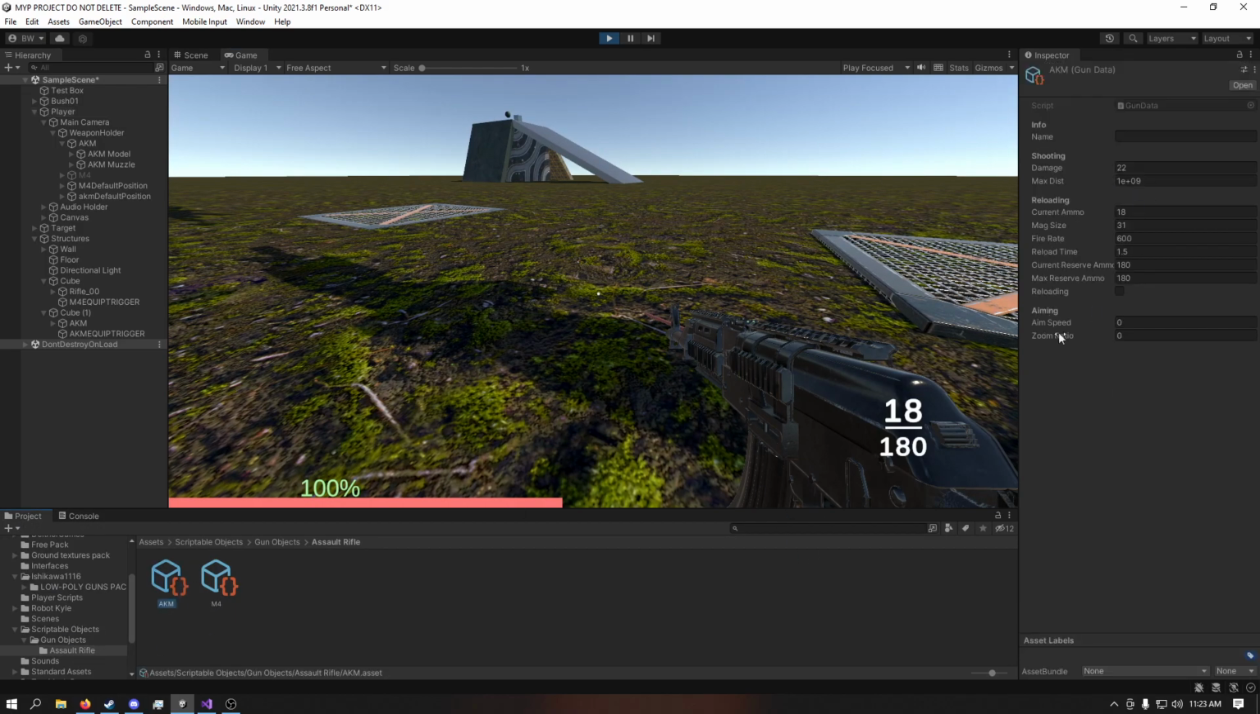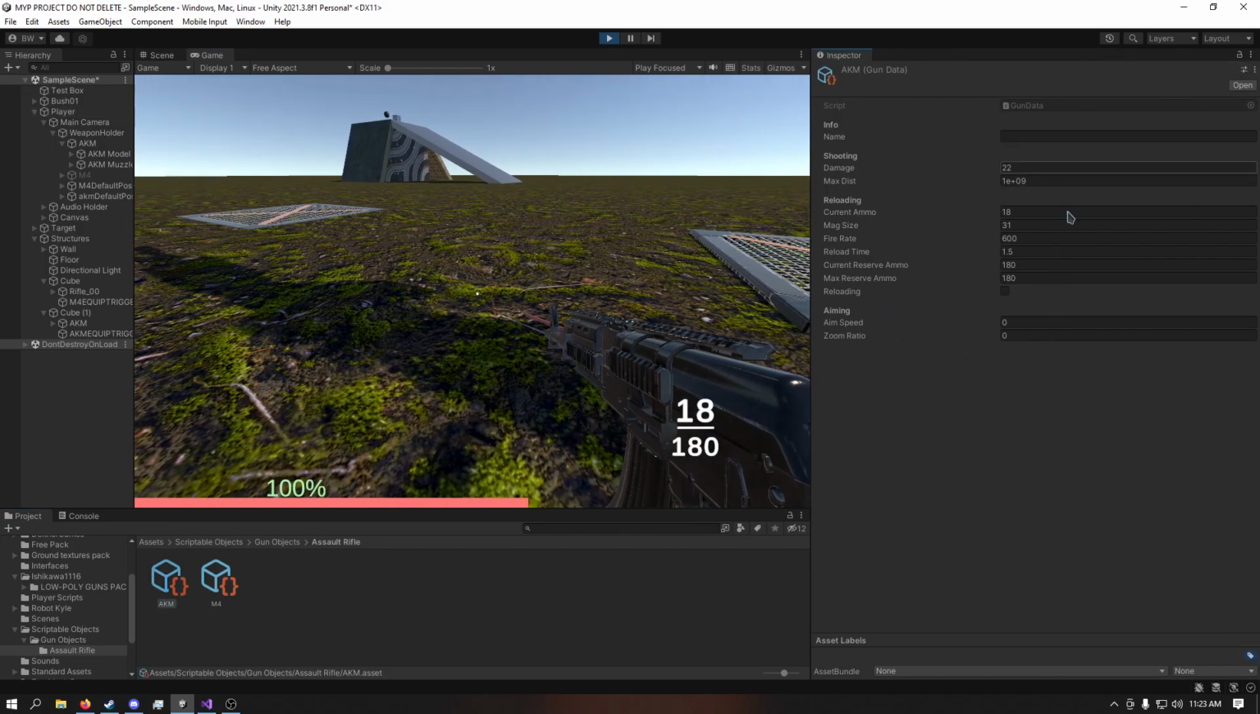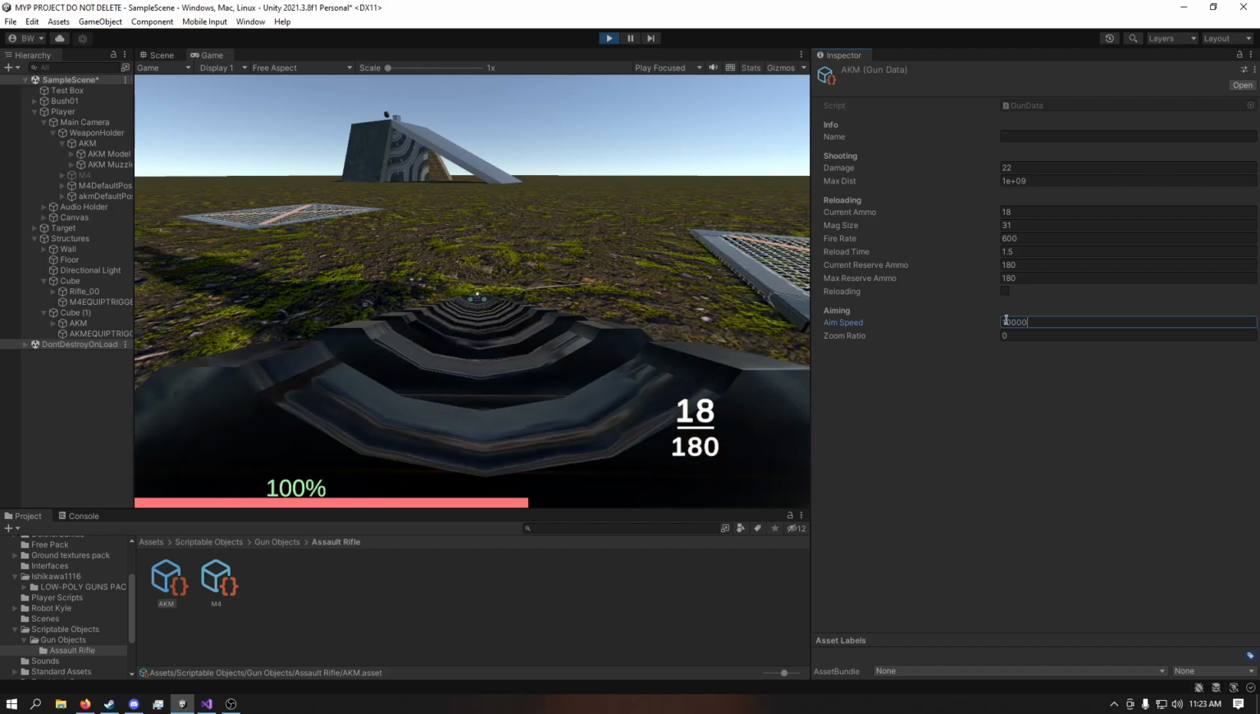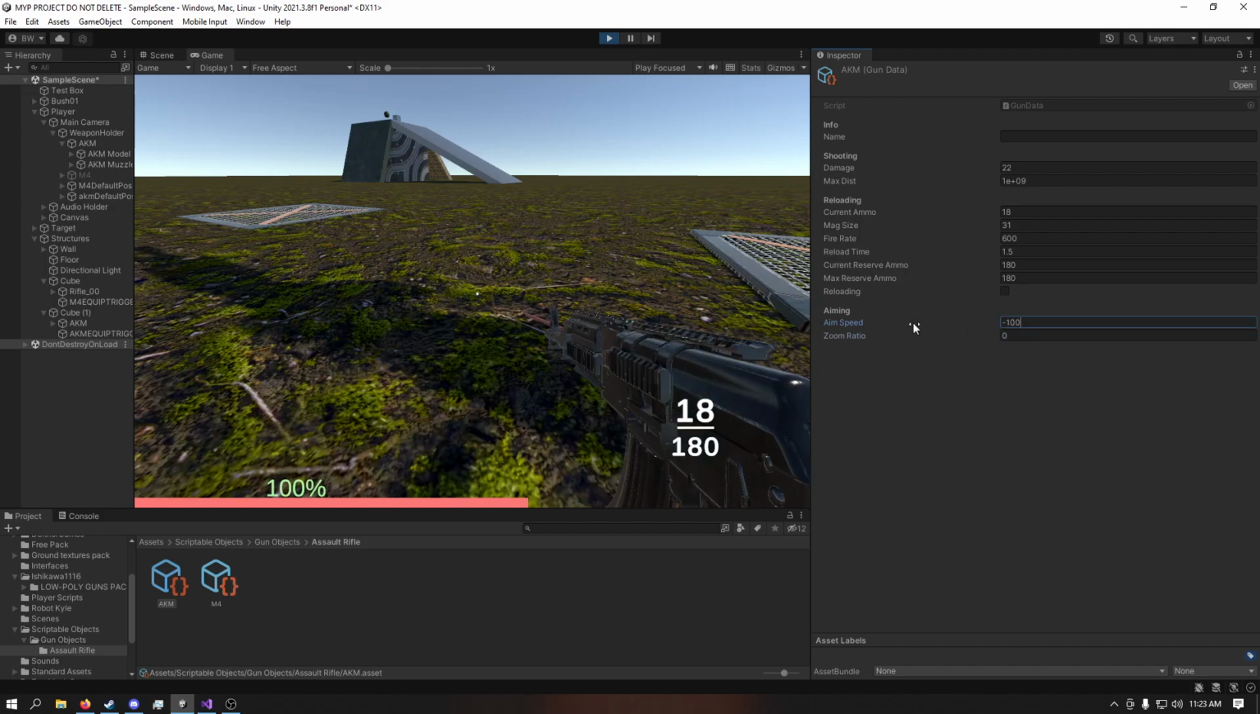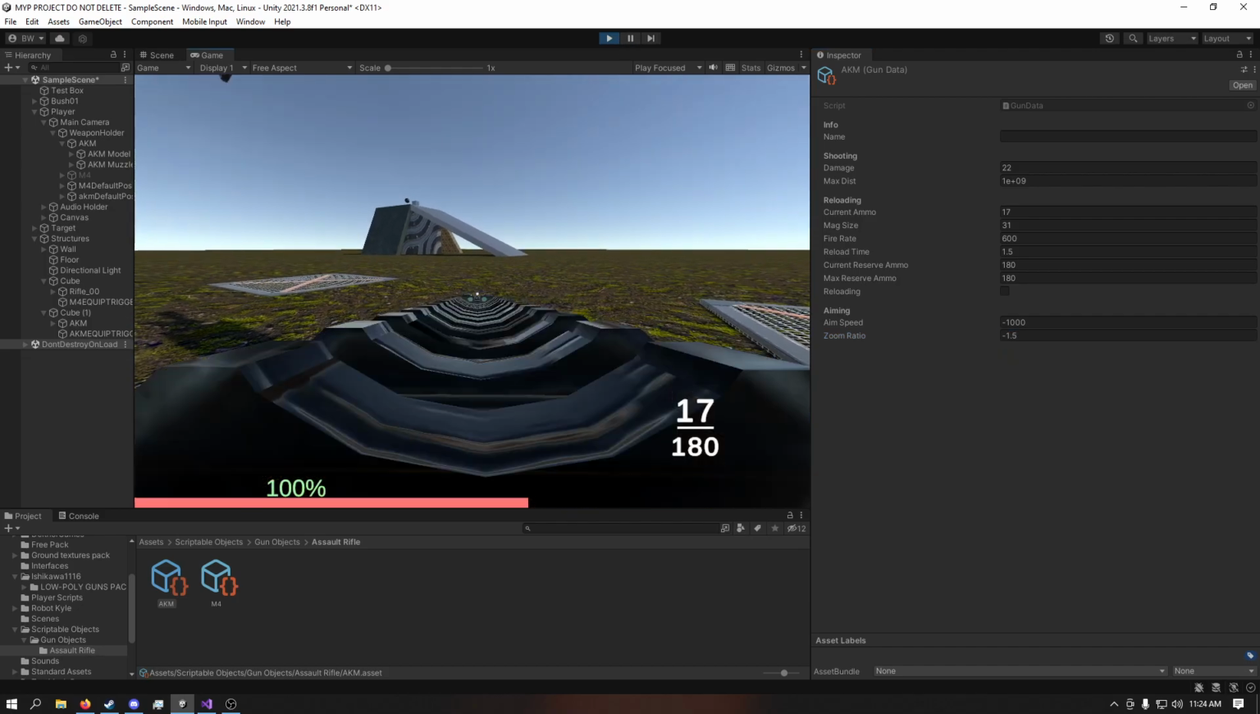I have in this file the aim speed and zoom ratio, so it can take time to aim in and you can zoom in a little bit extra. But let me just show you what happens when I do that. So if I set this to like 1,000, that's fine. And if I, well, actually, negative 1,000. And then if I set the zoom ratio to like negative 1.5, because if I set it to regular 1.5,